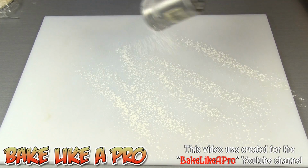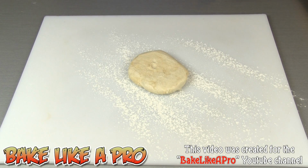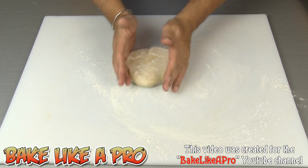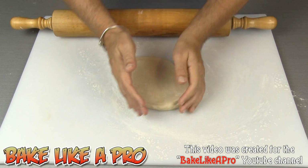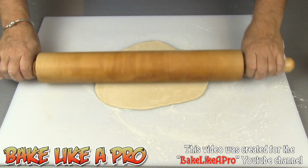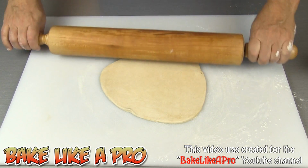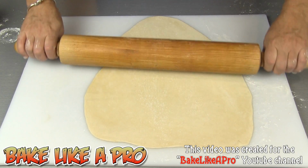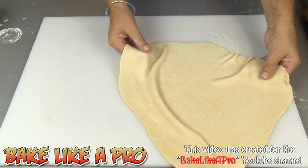So I'm just going to get down some all-purpose flour. Get my pie dough. And then I'm just going to roll this out. When you're rolling it out, don't forget to turn your pie dough, rotate it as you're going. Once you have it nicely rolled out and it's nice and thin, we're ready to cut out our little shapes